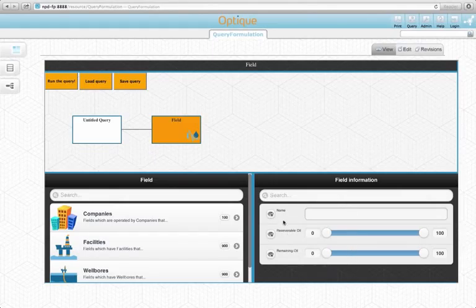Now let's add the name attribute of the field concept to the set of selected output variables. You see that there is an eye icon next to the name attribute, which is deactivated by default. By clicking on this icon, you can add this attribute to the output. Let's click on it. Now the name attribute appears within the field variable node with the letter O standing for